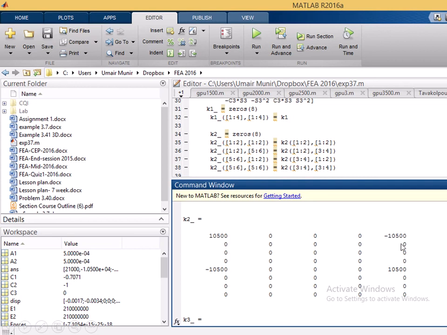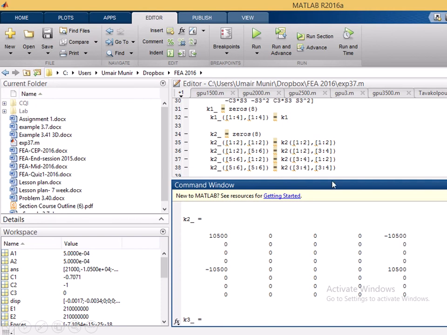So you are calling now these four elements equal to, similarly, 3:4 third and fourth column, and 1:2 first and second row. And finally the fourth line is telling us that